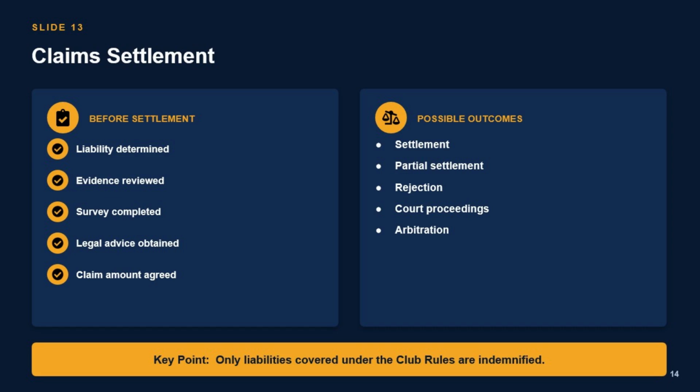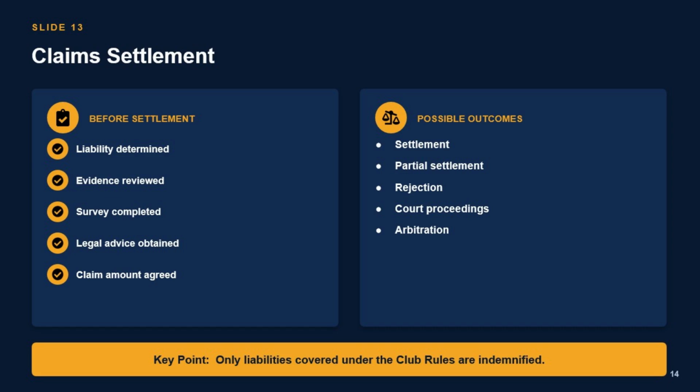Before any payment is made, the club confirms that legal liability has been established, all relevant evidence has been reviewed, survey reports have been completed, and appropriate legal advice has been obtained where necessary. Many claims are resolved through negotiation between the parties. However, if an agreement cannot be reached, the dispute may proceed to arbitration or court proceedings, depending on the contract